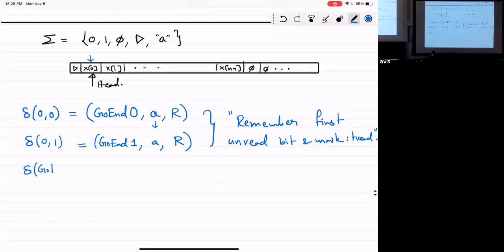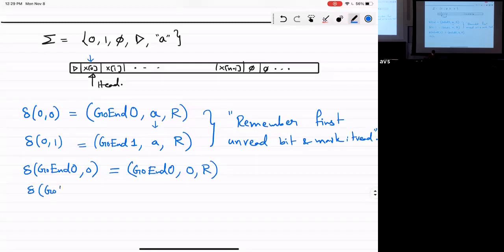What should go end 0 do on an input of 0? So see a 0, what should happen? You just move to the right. There's nothing to do, right? You don't do anything until you reach the end. So the state stays the same. I don't overwrite it with anything. I just move my head.